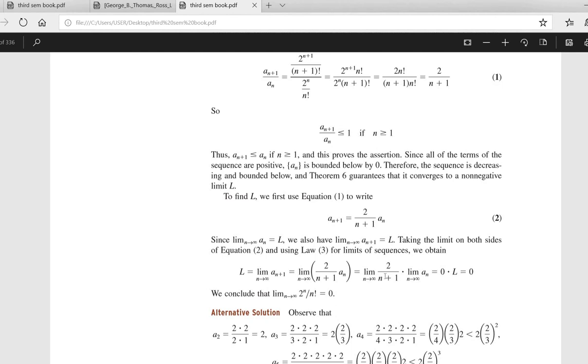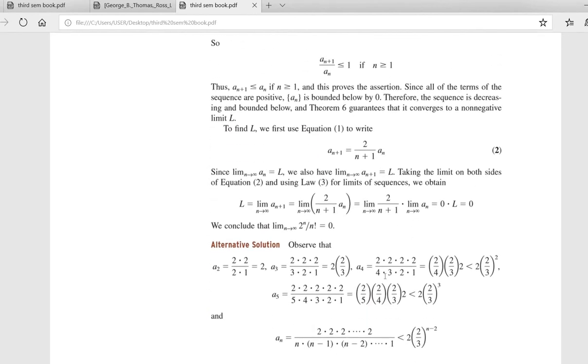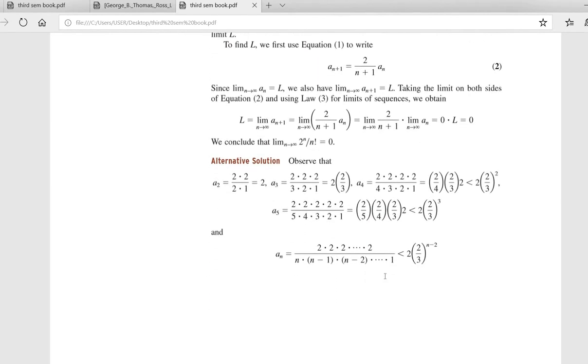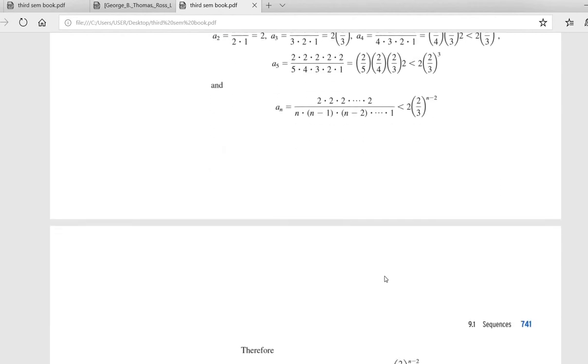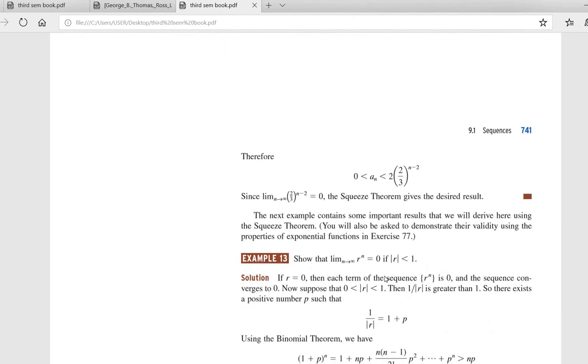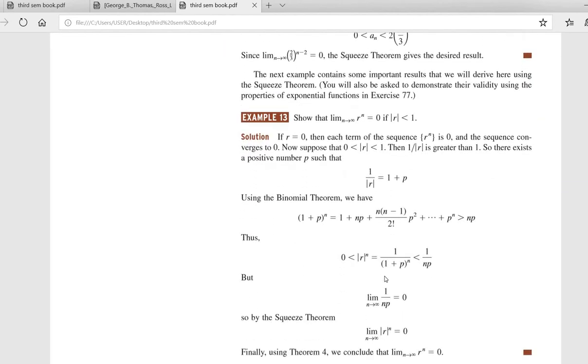Also, they have done it in another way. You can look through the textbook also, so we can solve this also. Right. Next is a very important theorem. Very, very important one. That is, show that